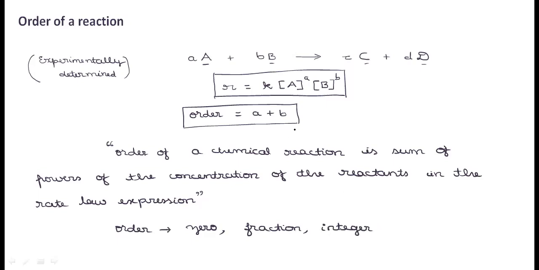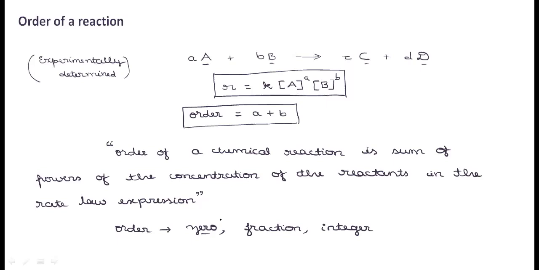Now you can think, without reactant, the reaction will not proceed. Then how come this power term sum will be equal to 0? We can assume that under special conditions we are defining a zero order reaction. So the order is considered as 0 under a special condition that we'll try to discuss with the types of order of a chemical reaction.